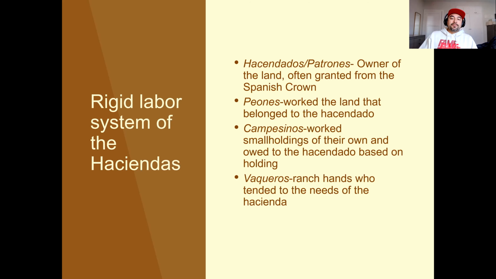The patrones, the peones, the campesinos, the vaqueros, and of course, by extension, especially with the importation of slaves, we have the esclavos that arrived from Africa, an estimated 200,000 that arrived in Mexico during the period of slavery in Mexico. Historically, this is something that hasn't really been discussed, even in my learning of Chicano Latino studies, especially as an undergrad. There wasn't much emphasis or discussion about this, but yeah, and then historically in Mexico, it hasn't